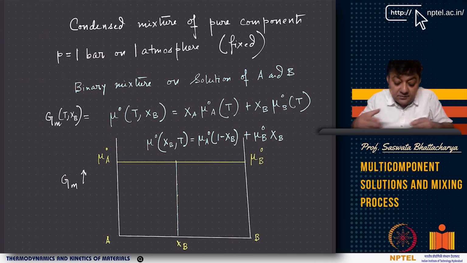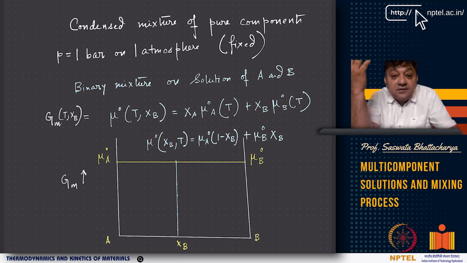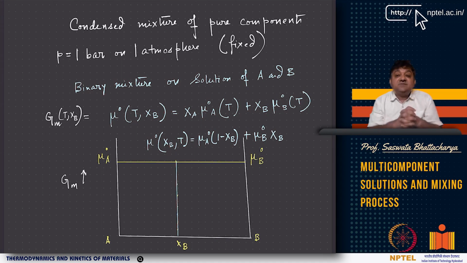Right? So now if you look at condensed mixture, that is, a mixture of liquids or mixture of solids, in general we consider that the PV work is negligible, and we have already seen some examples. So basically we keep P equal to 1 bar or 1 atmosphere. Only when the pressure is of the order of a few kilobars or 10 gigapascals or more, as we have also shown, you will see that PV work becomes important for the condensed mixture.